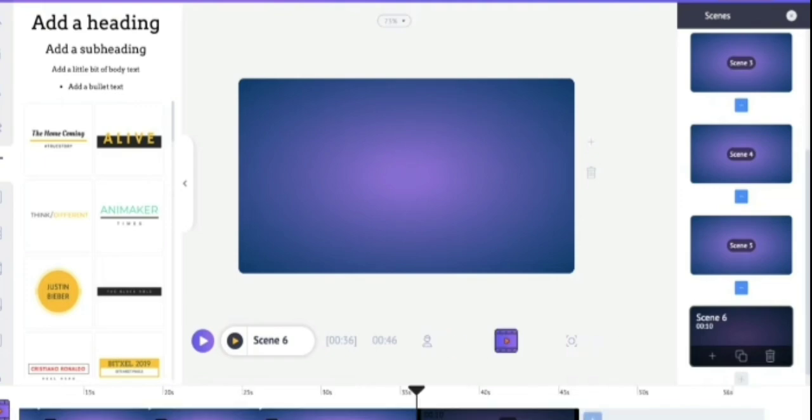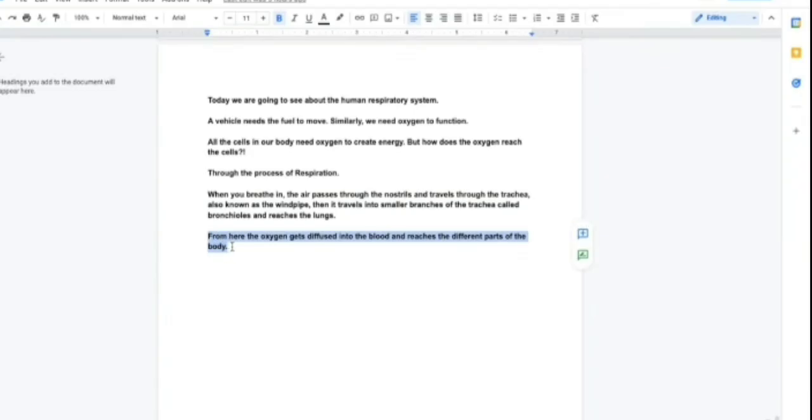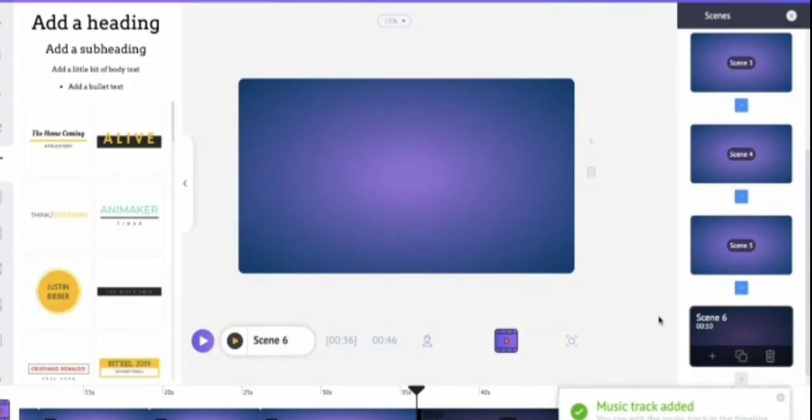Again, I'm going to add the next scene, adding the voiceover and adjusting the duration. This scene talks about